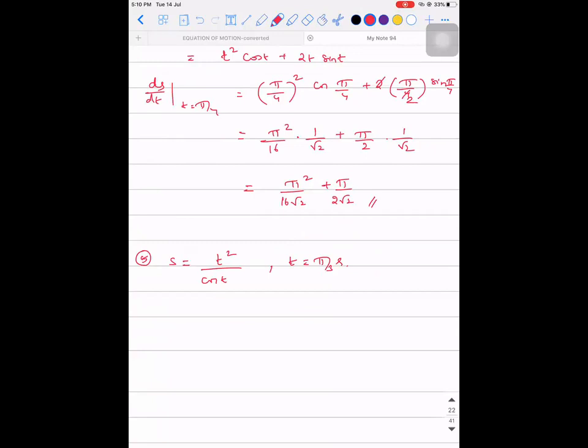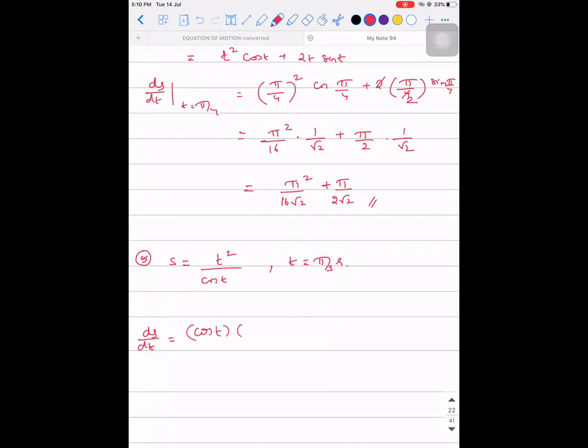First, what rule are we supposed to apply? The quotient rule. So what does the quotient rule tell you? ds by dt is equal to, recollect it first, denominator